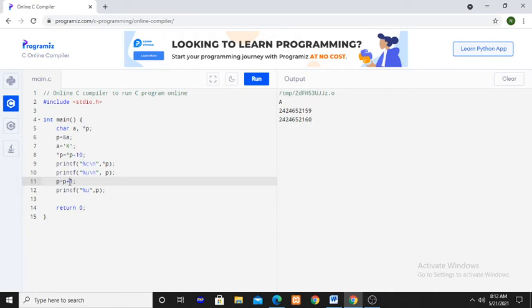There also you can decrement the address, now you will get 50. The previous address is 51, now it is 50. Like that you can decrement or increment, you can add to the pointer variable or subtract from it; any number can be subtracted from or added to the pointer variable.